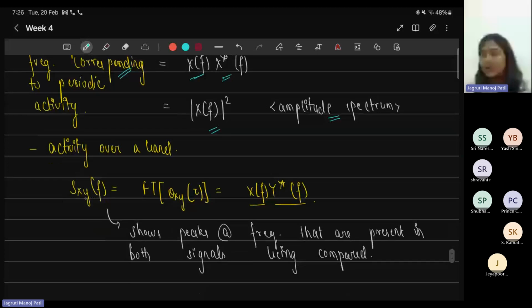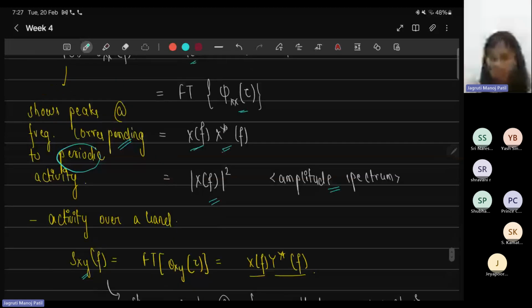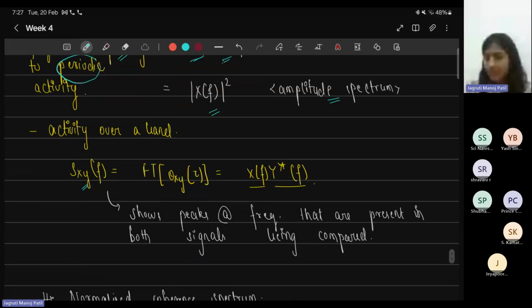Next, you take two other signals. Here was the autocorrelation function of it. Now we do the cross correlation function of the same. What we saw here, since it was two same signals, is that it gives us information corresponding to the periodic activity. But here,